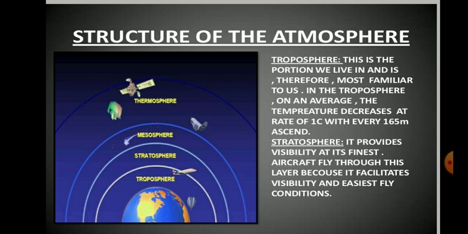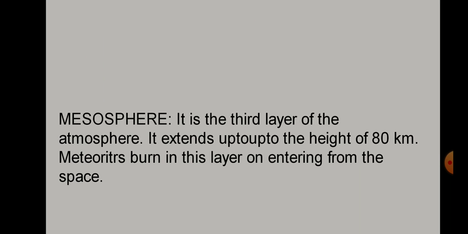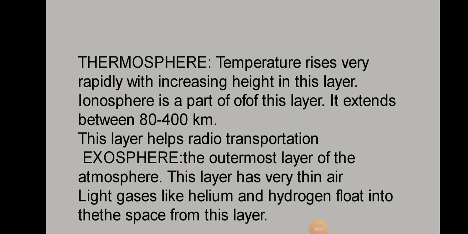And after the stratosphere, next we have the mesosphere, the third layer of the atmosphere, which lies above the stratosphere and it extends up to the height of 80 kilometer. Mesosphere is a layer where meteorites burn off. And next we have